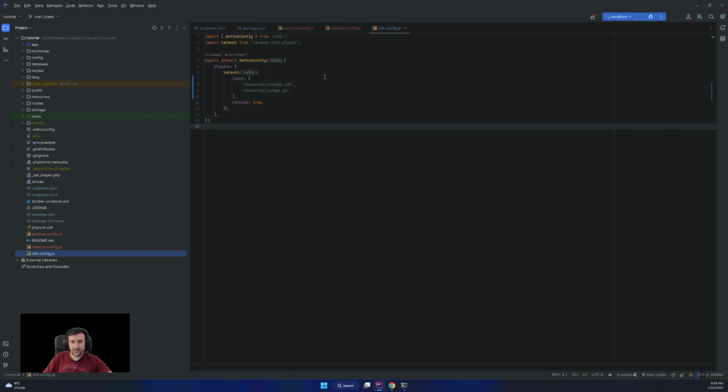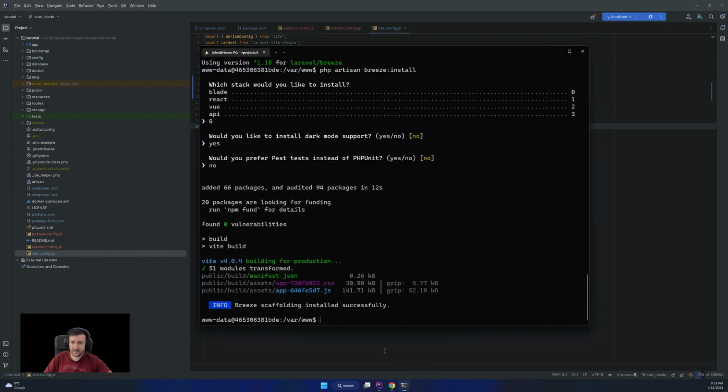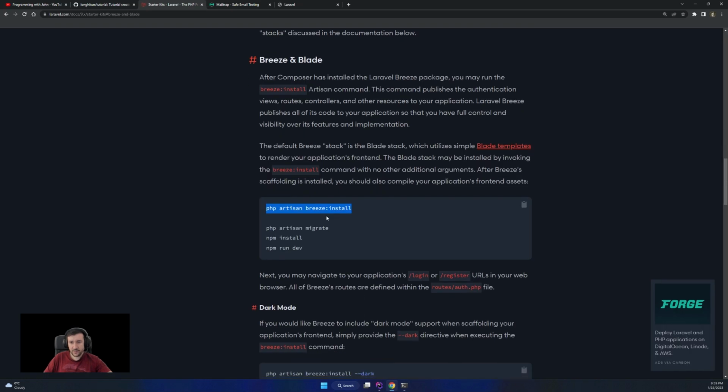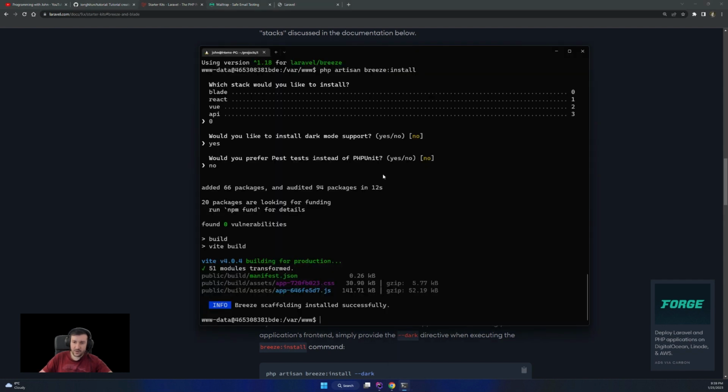The Vite config wasn't actually updated, it was only rearranged, so nothing changed. And that is it as far as configs added. We'll see in a second what else is in there. Going back, we have to do migrate, npm install, and npm run dev. So I'm going to do php artisan migrate.